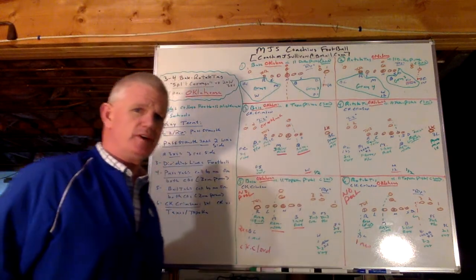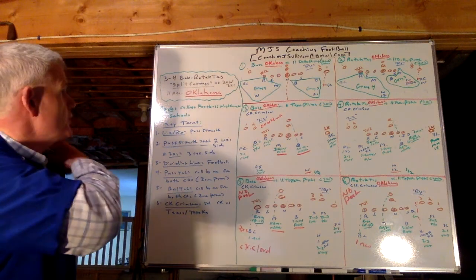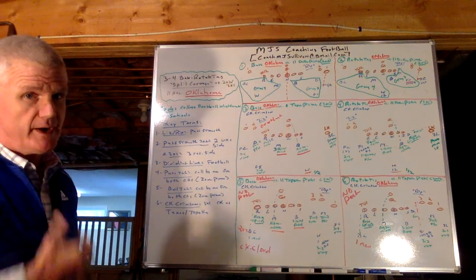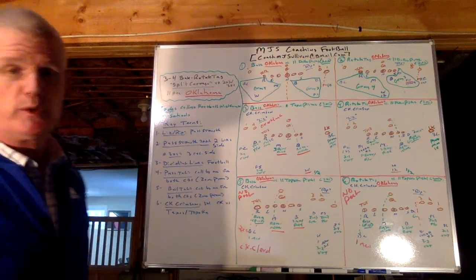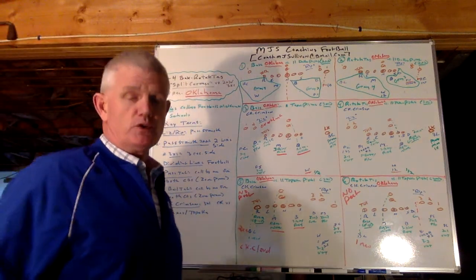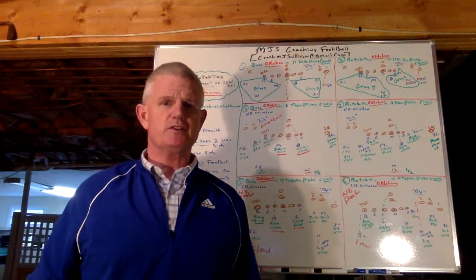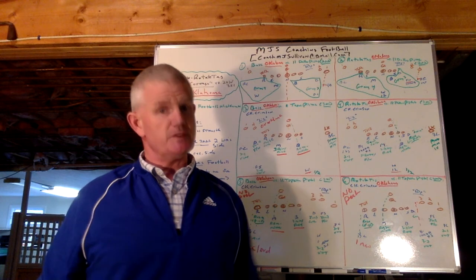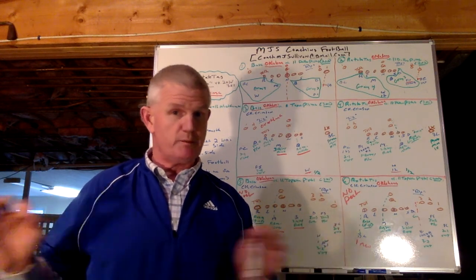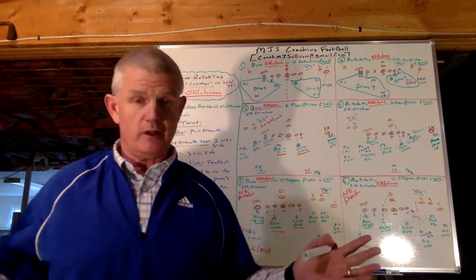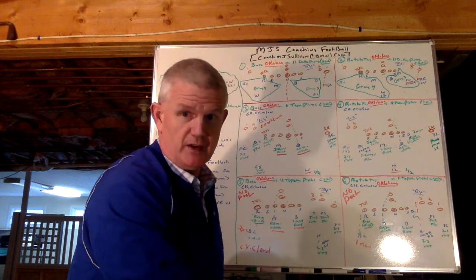Today, in this presentation, I want to talk to you about one of our split coverages versus both 2x2 and 3x1 out of our base and rotate tag, out of 11 personnel that we call Oklahoma. So if you've seen my Bama presentation in the split coverages on the whiteboard playlist, then this is almost identical. I use Oklahoma because they're both crimson and white colors-wise, and Oklahoma is opposite Bama, as you'll see, with the